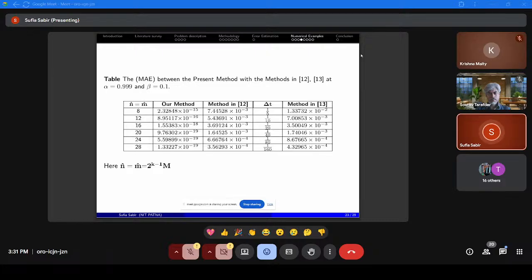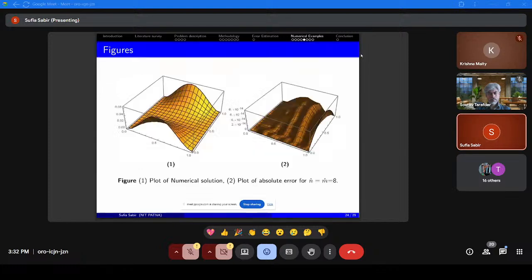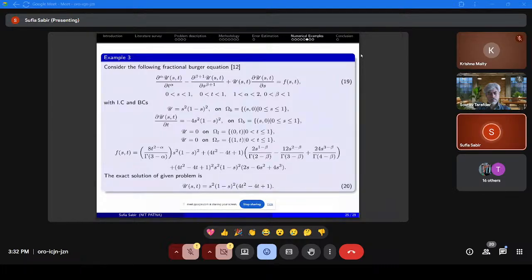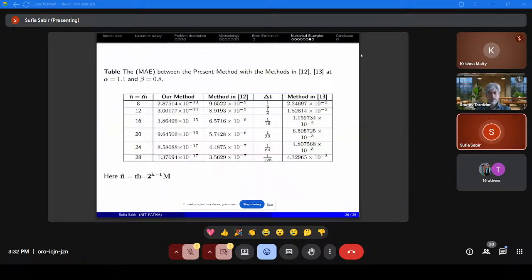In this table, we have compared our proposed approach with the methods of 12 and 13 for values of alpha 0.99 and beta 0.1. In this slide, we have presented the plot of the numerical solution and absolute error for n m equal to 8. For our third example, we have considered the initial and boundary conditions of case 2. The exact solution of this problem is given by equation 20. In this table, we have